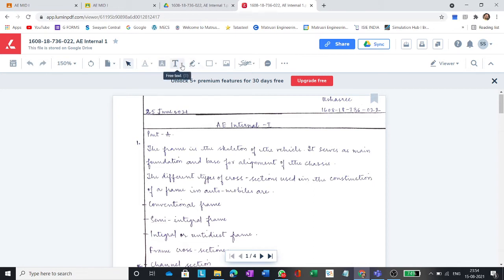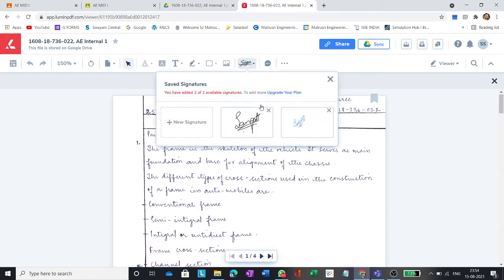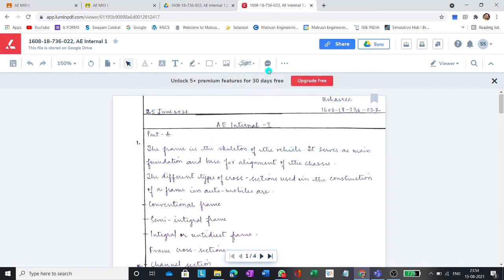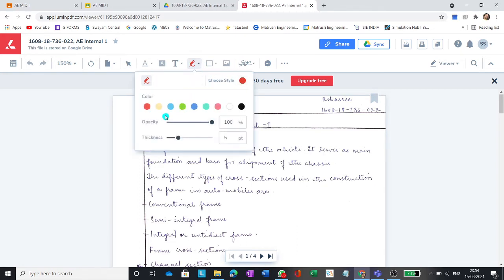You can add some text, add an image, and also add a signature. After evaluation, if you want a digital sign, select this and you can select the digital signature. You can have two different modes of digital signature, and you can also add some text at the end for comments. This is the important one for our evaluation, for which we do not require a digital pen. Select the freehand tool, and here you can select different colors. You can select opacity of 100% and thickness of 5 points, which I have selected.